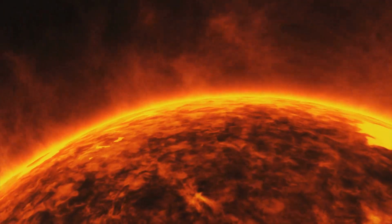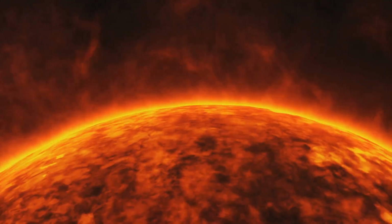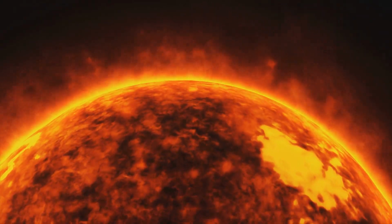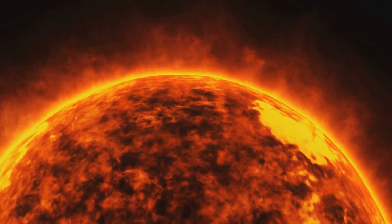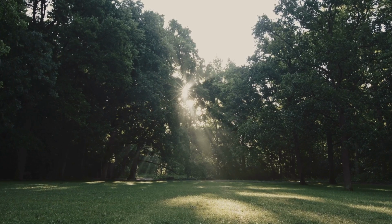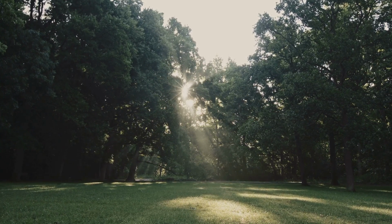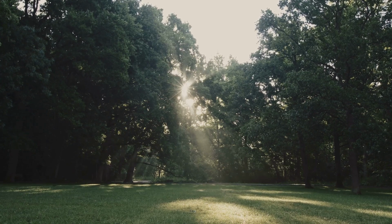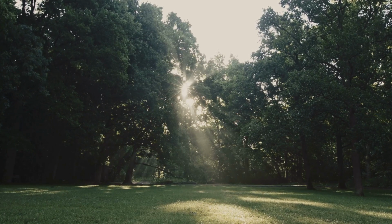The Sun is a giant ball of burning gas, primarily composed of hydrogen and helium. Its surface is a seething, boiling mass of energy, constantly churning and erupting. It gives us light and heat, which are essential for life on Earth. The warmth of the Sun nurtures our ecosystems, drives our weather patterns, and provides the energy that sustains all living